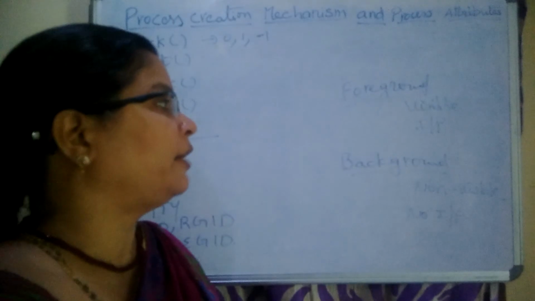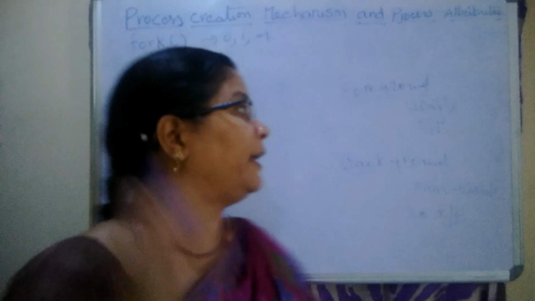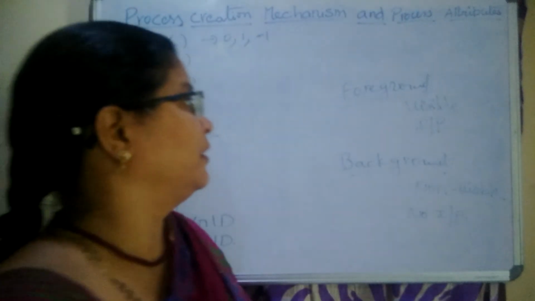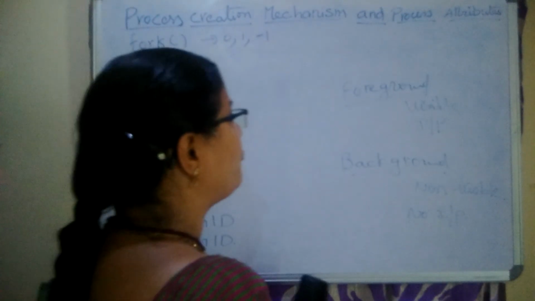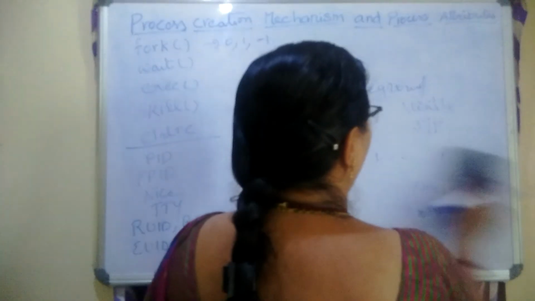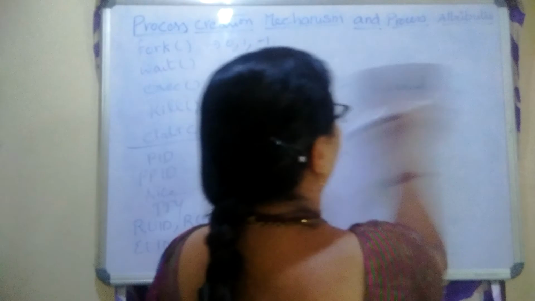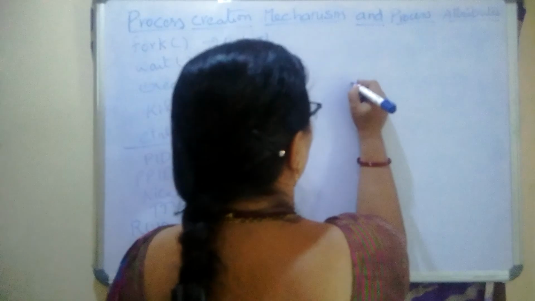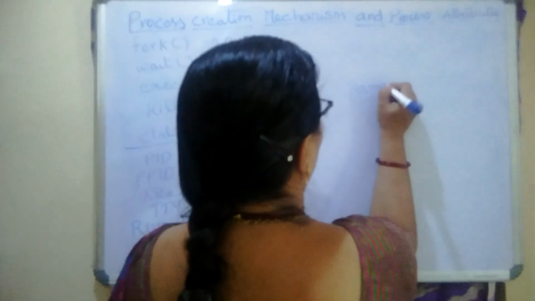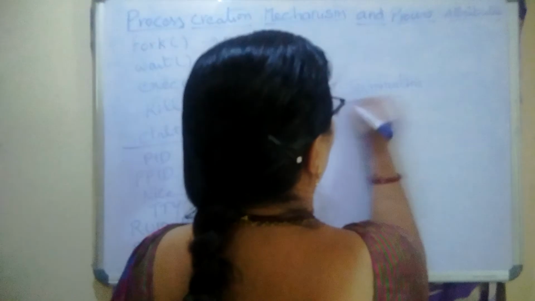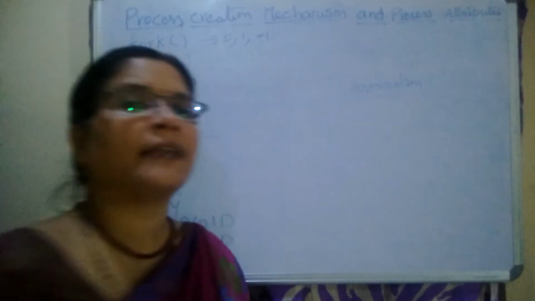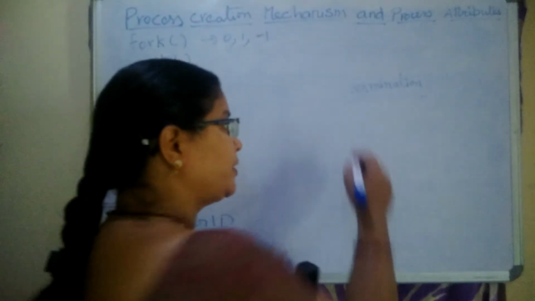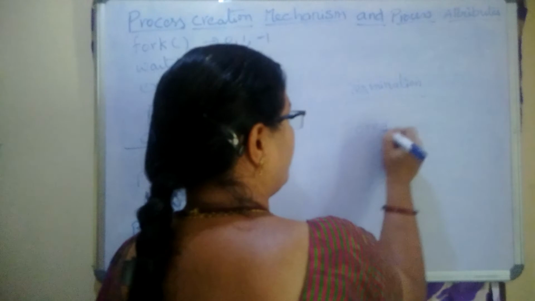So these are the two different kinds of processes which we already discussed, the foreground process as well as the background process. So next we are going to see how a foreground process can be terminated and how a background process can be terminated. We need to talk about the concept called termination of a process. A foreground process can get terminated with the help of Control C.